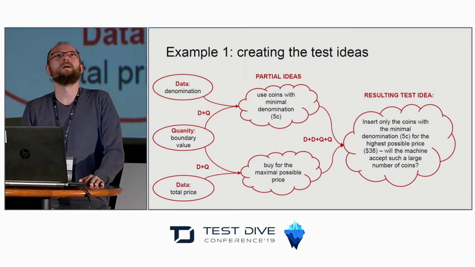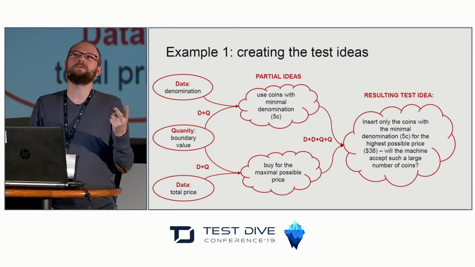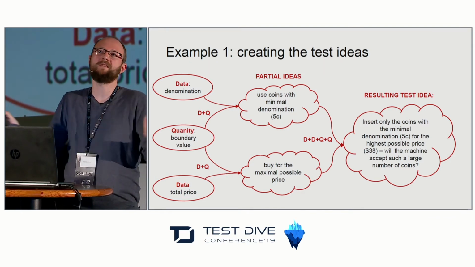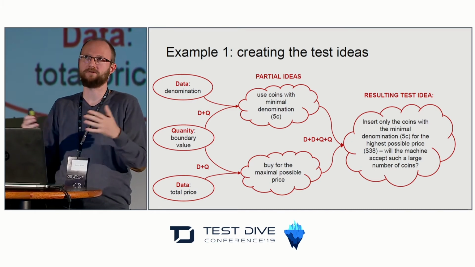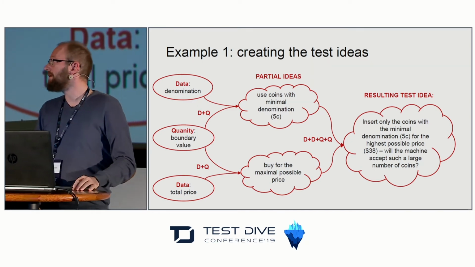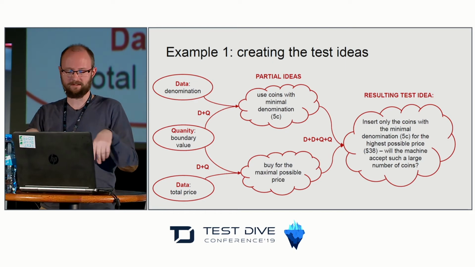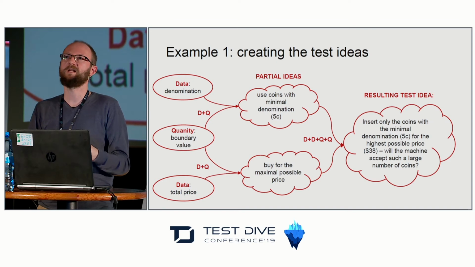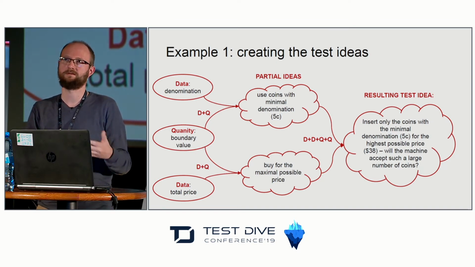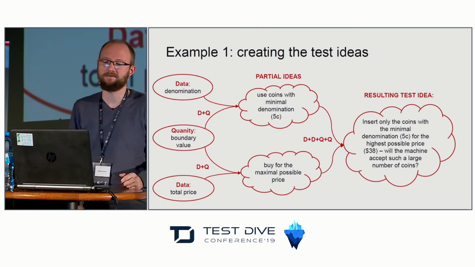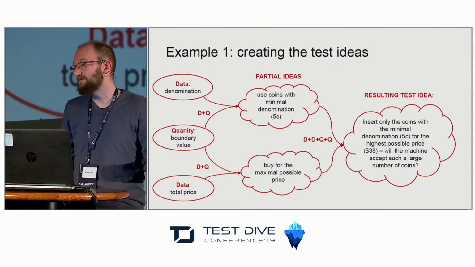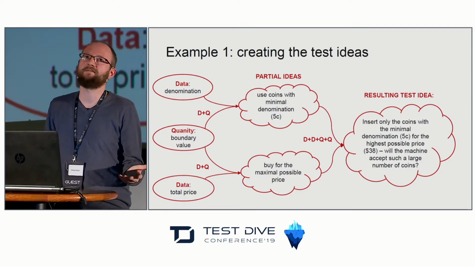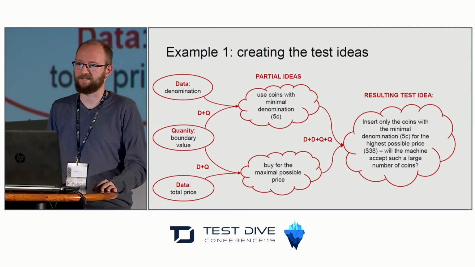Why did it happen? There may be at least 2 reasons. First one is that it took a too long time. Maybe there's some period of time that this operation should fit in, or maybe this thing to which we insert coins does not have enough room for such a large number of coins. These are 2 possible reasons that came up to my mind. I don't know if any of them was the real one, but anyway, the test failed. I just discovered something interesting about this ticket machine.